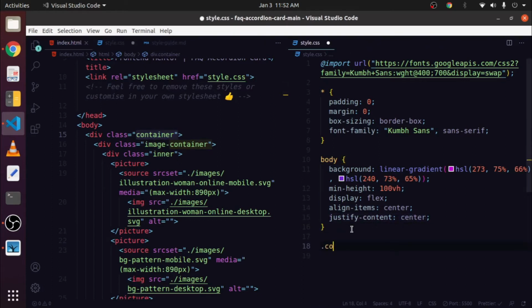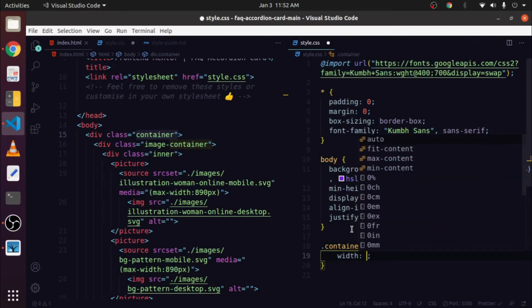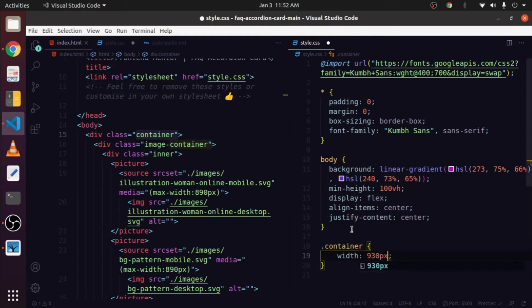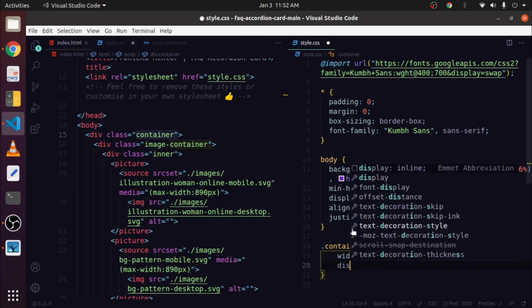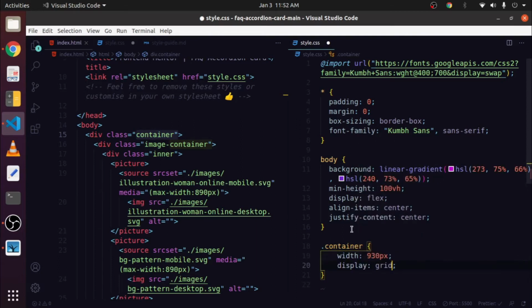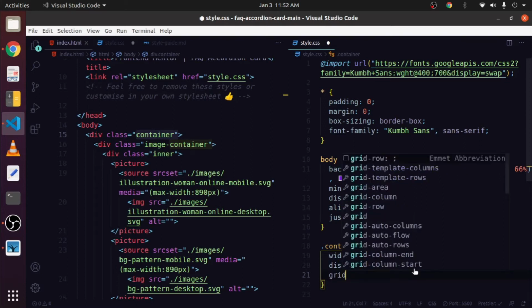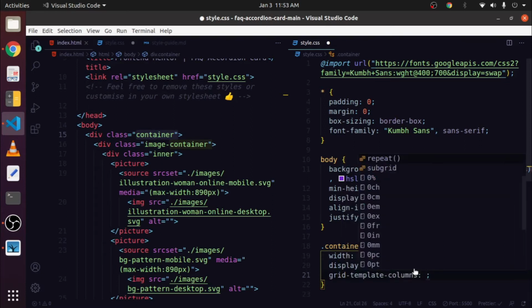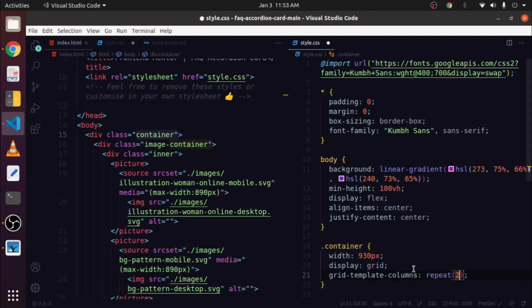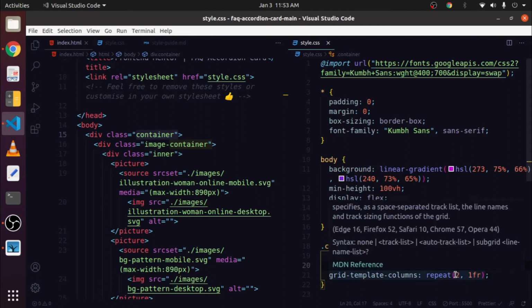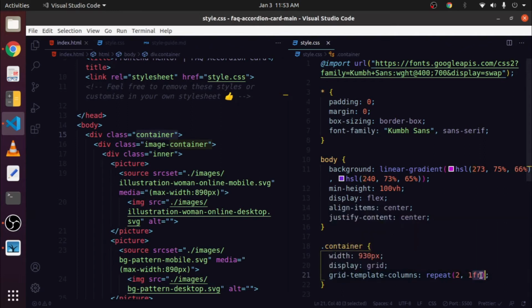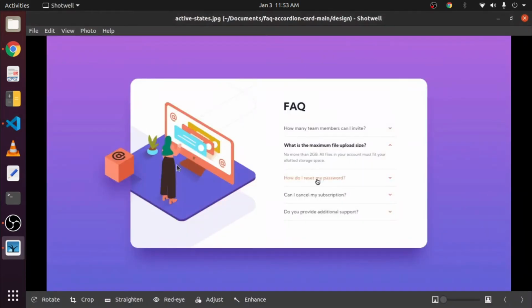After that select a container class and give it a width of 930 pixels and then give a display grid and then add grid-template-columns to repeat(2, 1fr) so that we can make two columns of equal width, so we can lay out this image container and FAQ container easily.